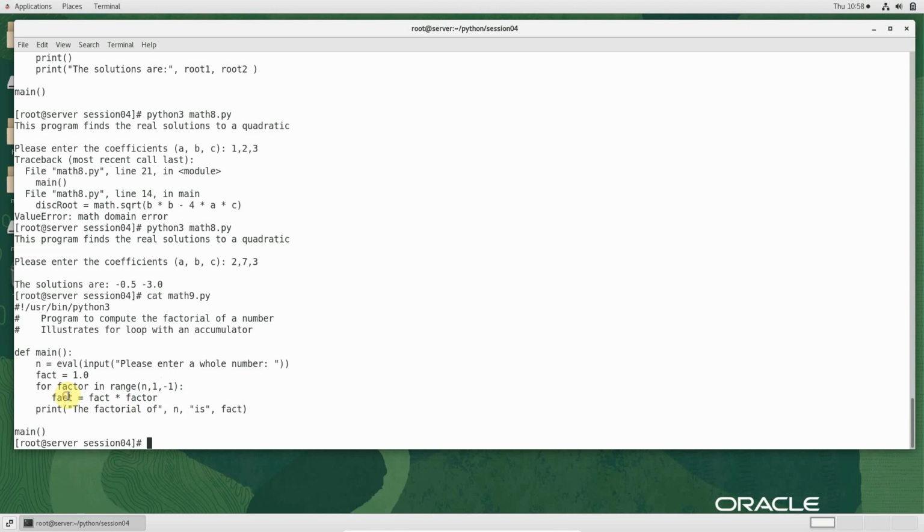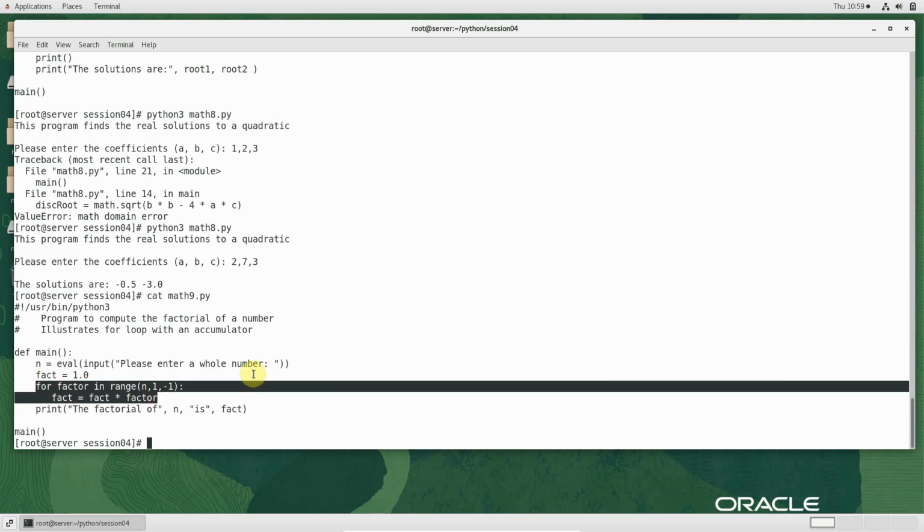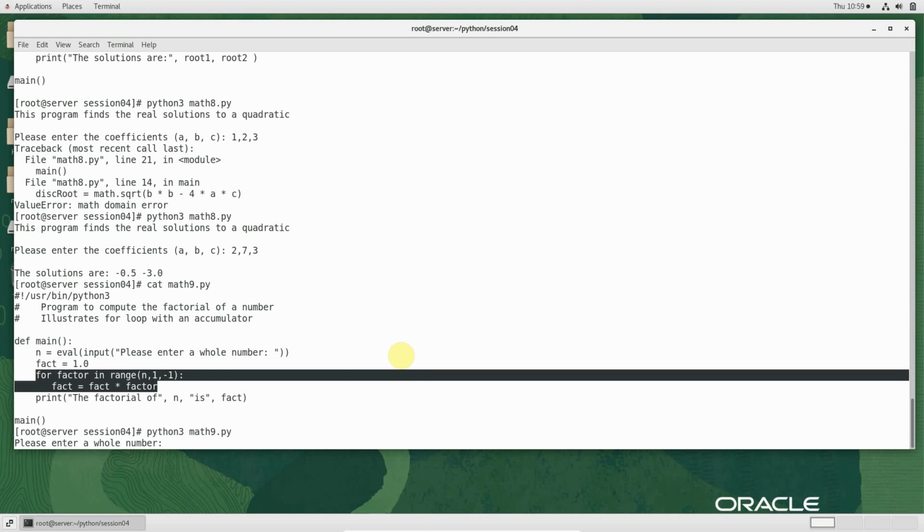We are calculating factorial is equal to factorial multiplied by factor, because factor is starting from whatever you entered, say 20, so it will start with 20. 20 multiplied by 1, the first value will be 20. So this is a loop actually, repetition. So let's try to calculate the factorial of some values, and we'll see some meaningful stuff here. I enter the value 6.